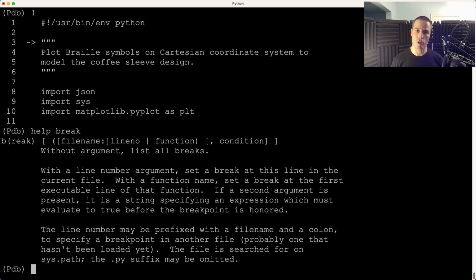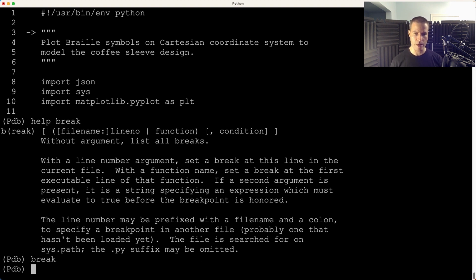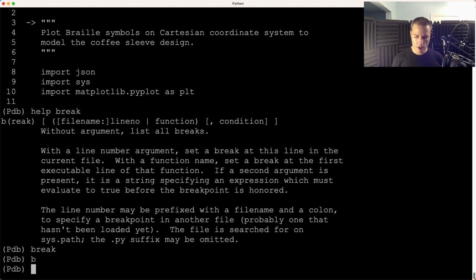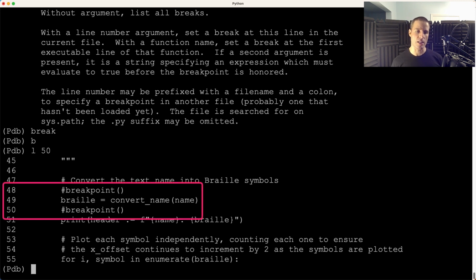So this might give you a little more flexibility, although it does take a little bit of time to set up. So what we can do here is we can say break or b. We don't have any breakpoints set. If we type l 50, let's list around our area of interest. And let's say that you're looking at this code and you're like, yeah, I want to add a breakpoint on line 48 where it used to be. So we can type break,